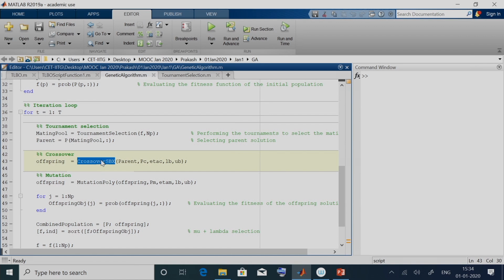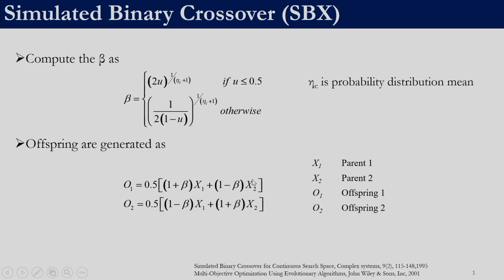Before actually looking into this SBX crossover, let us quickly recap it. For SBX crossover, first we will have to select two solutions and then decide whether they are going to go for crossover or not. That will be decided by a random number which we select. If the random number is 0.2 and our crossover probability is 0.8, then 0.2 is less than 0.8, so that particular pair will undergo crossover, right.